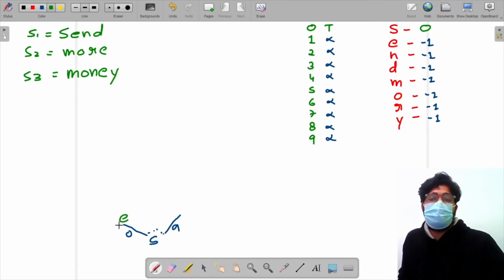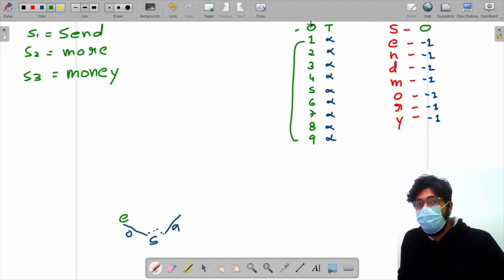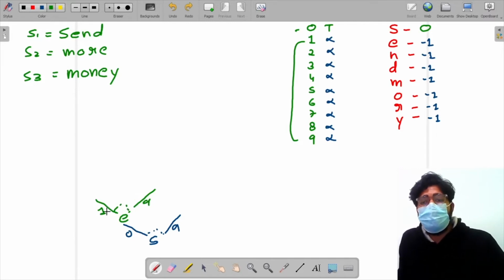E gets its chance. Now E doesn't have the possibility of 0 to 9. S has the possibility of 0 to 9, but E has the possibility from 1 to 9. Why? Because 0 is already used. Now you're getting my point, that if a digit is already used, it doesn't get the chance again, right? So E will get a chance from 1 to 9, every possibility from 1 to 9, right? So for example, if E chooses 1,